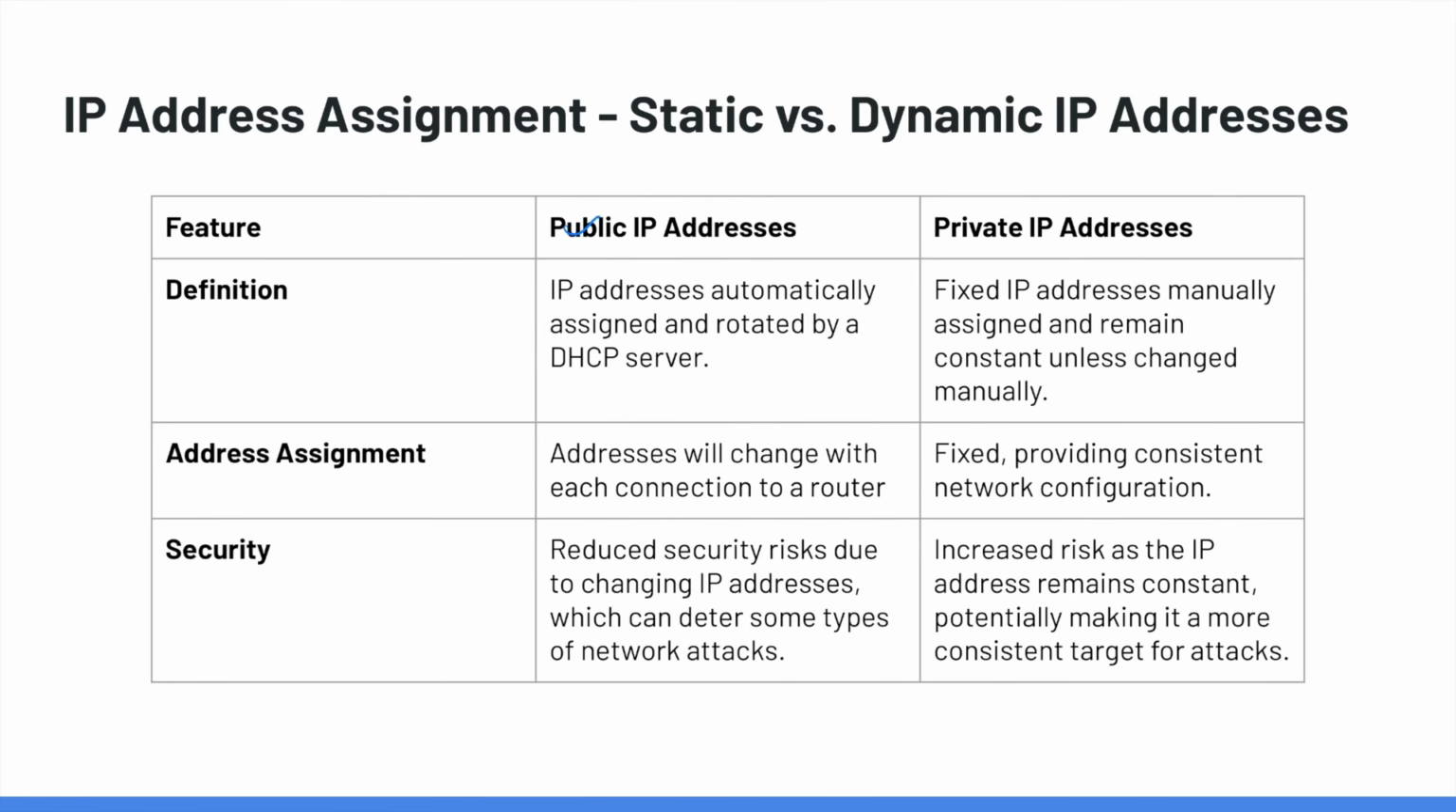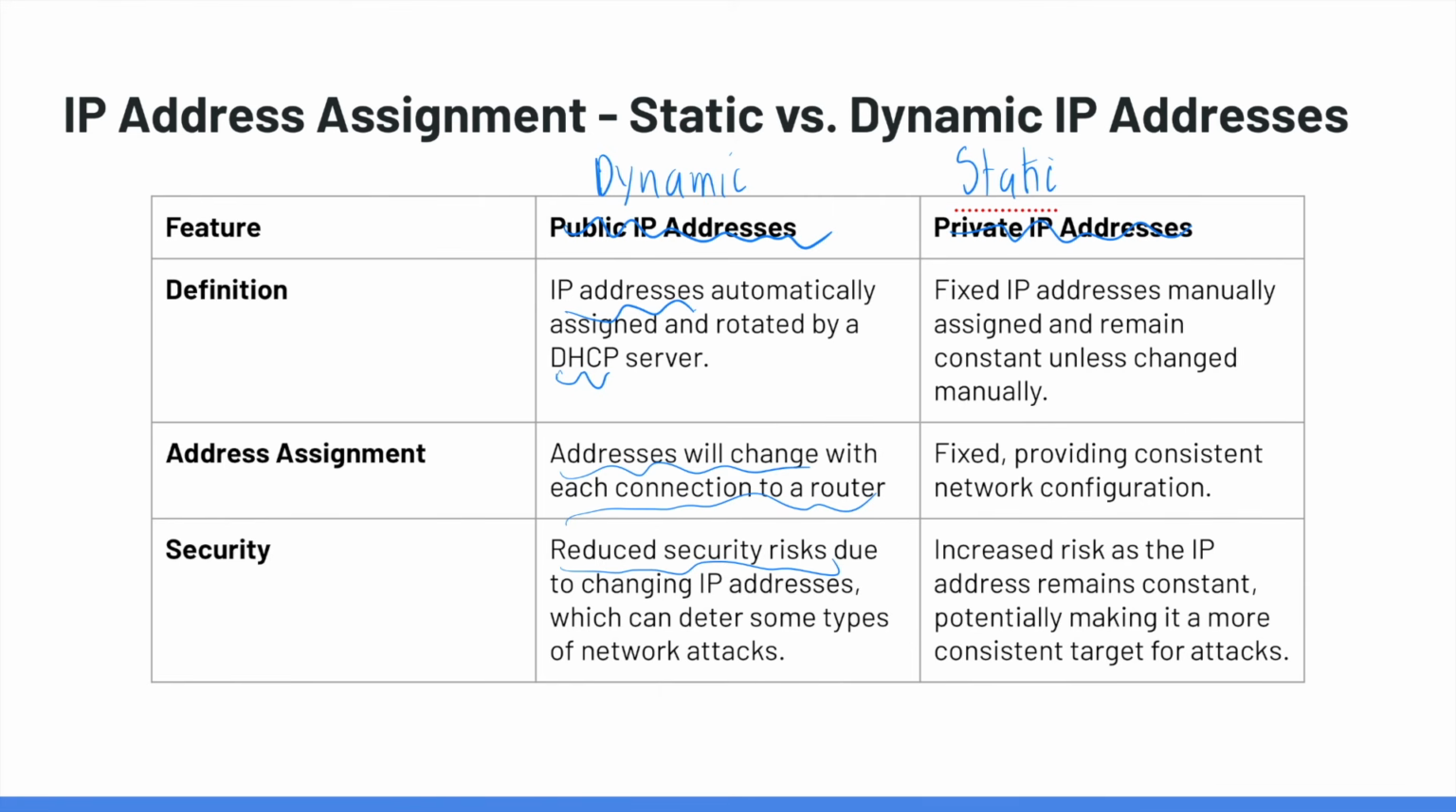Right here, I'm actually going to change this heading. So this should be dynamic, and this should be static right here. But basically, dynamic IP addresses are used in the context, again, of routers. And IP addresses are automatically assigned and rotated by something called a DHCP server, which is something that's located inside a router. And generally, addresses will change with each connection to a router. So every time you connect your laptop to a router, you're going to have a different IP address on that network. And overall, there's a reduced security risk, because if your IP address is changing each time, and if someone's